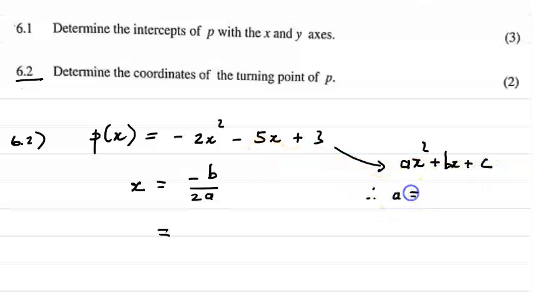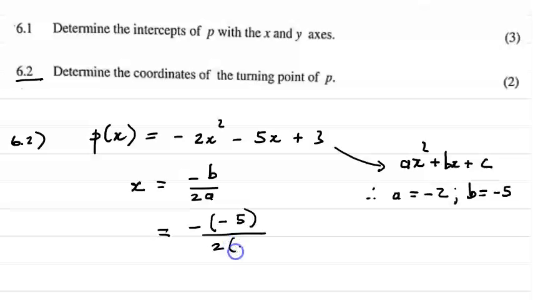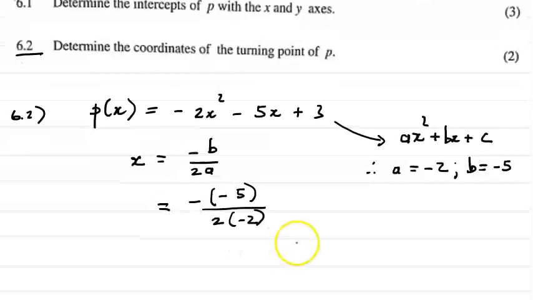Therefore, a is equal to minus 2 and b is equal to minus 5. So therefore we have minus